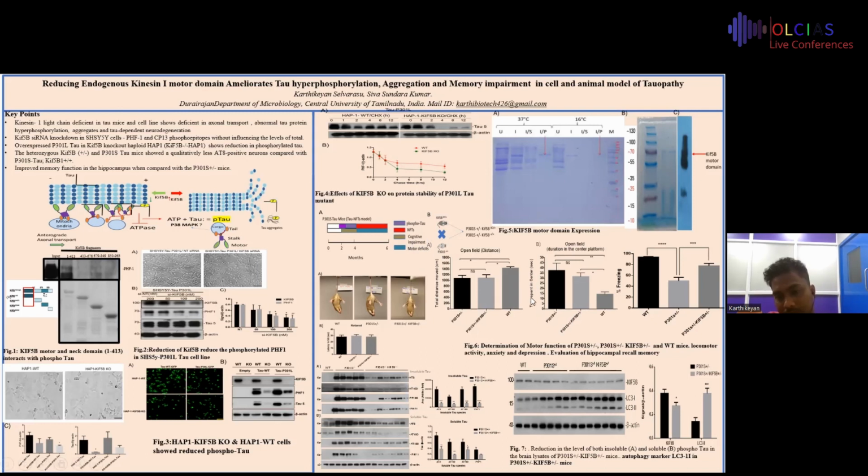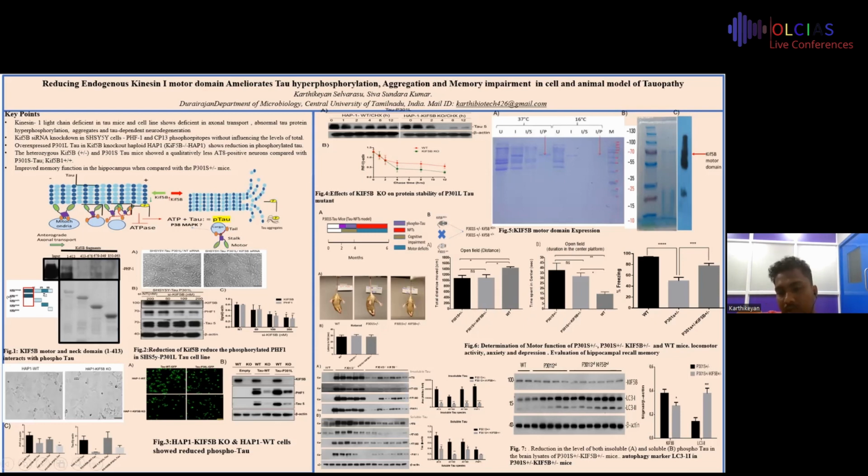So these are some initial parameters. We checked whether, after partial knockout of the KIB, the mice showed normal open field test and everything was fine. When coming to the locomotor activity, anxiety, fear conditioning and everything, compared to the wild type,